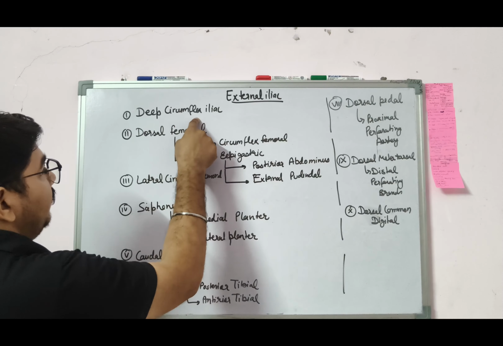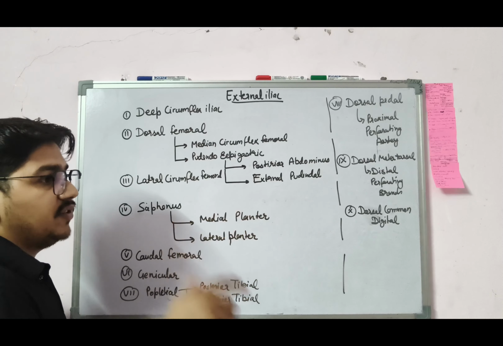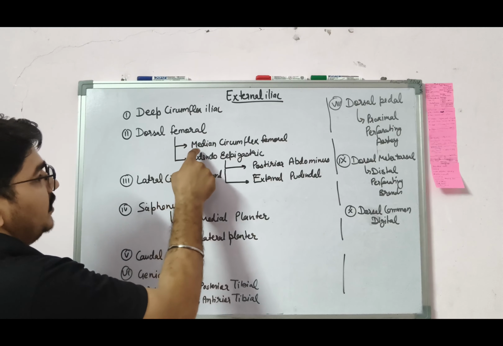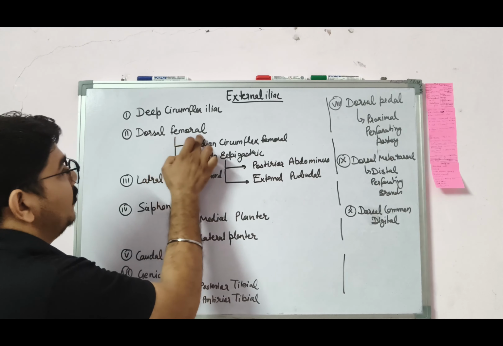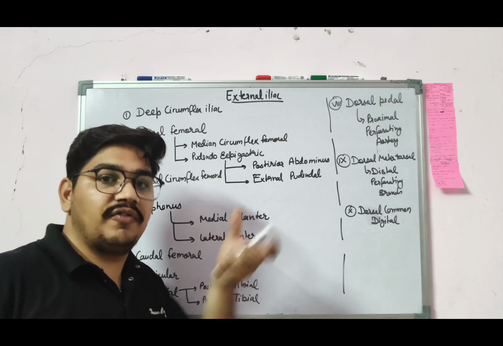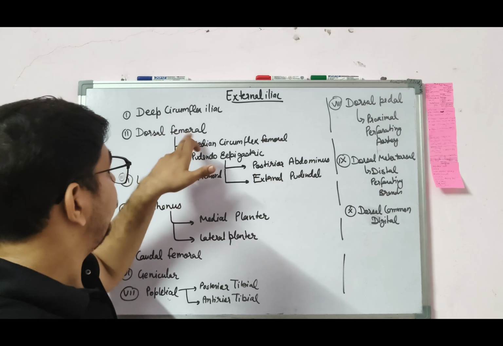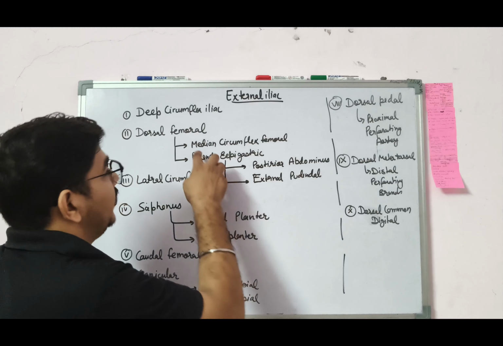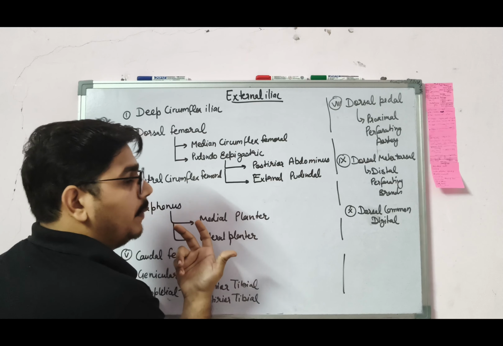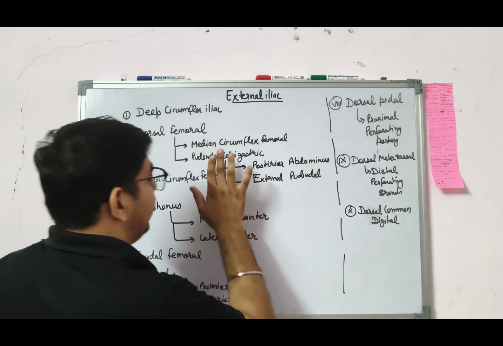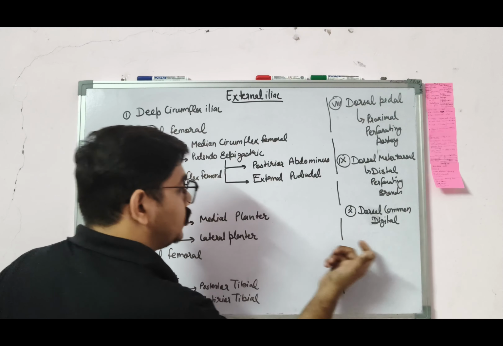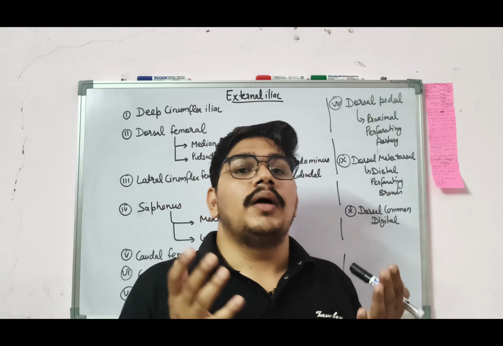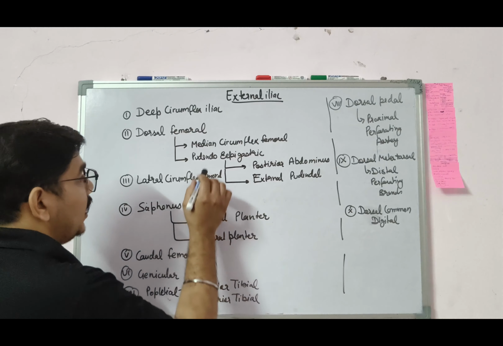So first of all, deep circumflex is the first branch which emerges from the external iliac. Second is dorsal femoral, which gives two branches, one being the median circumflex femoral. As the name femoral suggests, it goes around the femur bone. The dorsal femoral is on the dorsal aspect of the femur, and the median circumflex femoral goes to the median aspect of the femur. Circumflex means it emerges from lateral, but it turns and goes to the median aspect of the femur, where it supplies the median muscles of the femur. And the